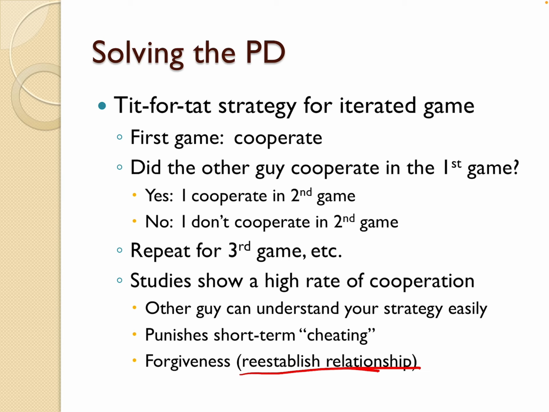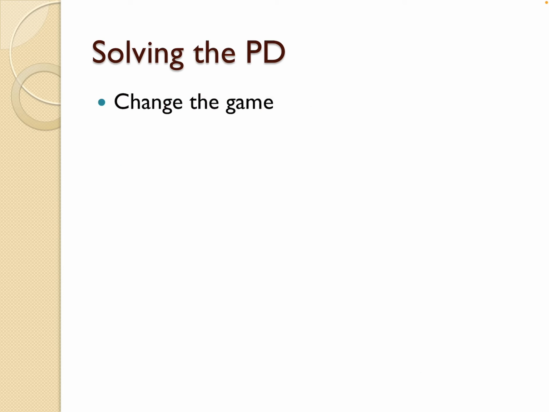All right. One more set of ways to win this game, or not to win this game, to solve this game, to get more cooperation. And that's going to be just changing the game. Are there things that can be done to change the basic parameters of the game? So, for example, I didn't really harp on this, but part of this game is that you have one prisoner in one room, one prisoner in another room. They don't know what the other person is going to do. Because they lack that information,